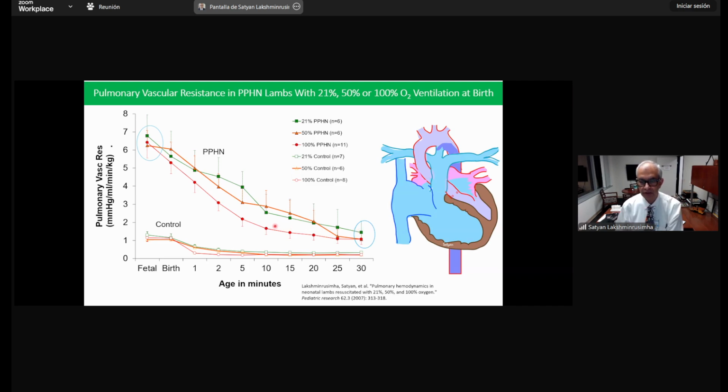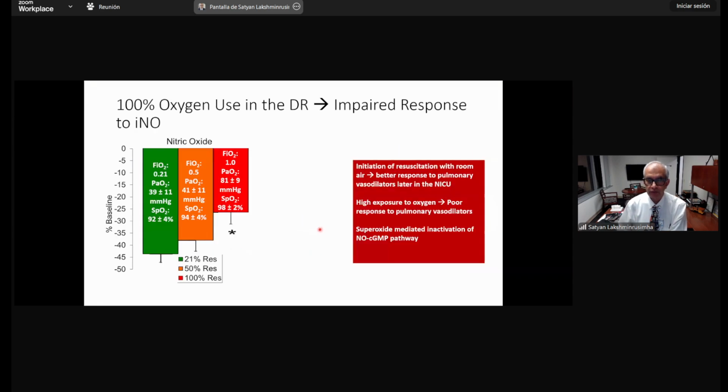So this goes to show that as long as you increase the alveolar PaO2 reasonably well and ventilate the lambs quite well, you will see a good drop in pulmonary vascular resistance, even with 21% or 50% O2 in babies with PPHN. What was even more striking was that once these lambs recovered and initial resuscitation was completed, when they